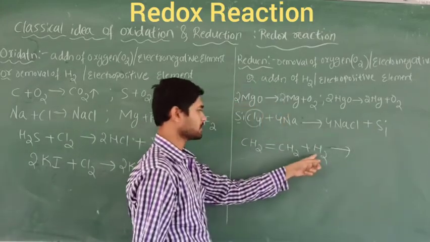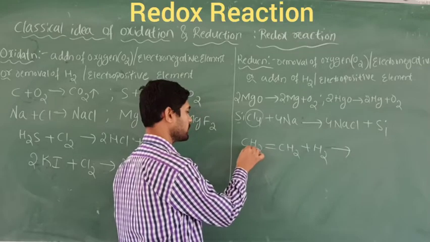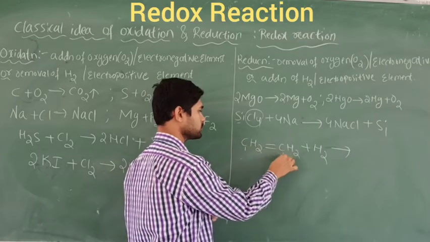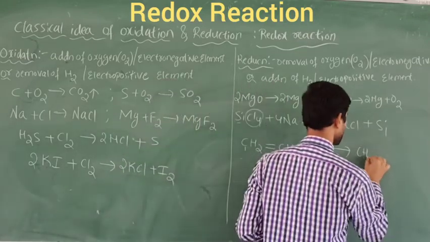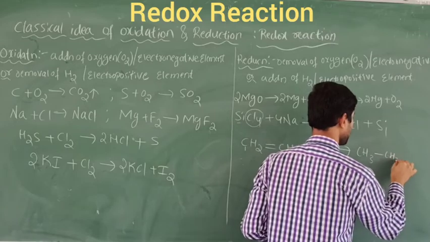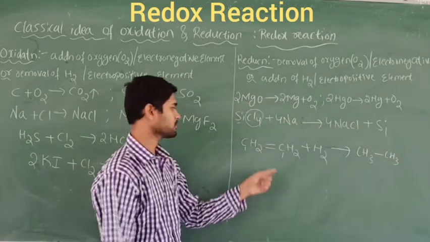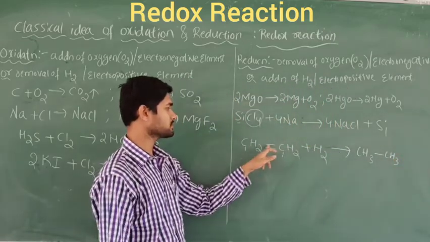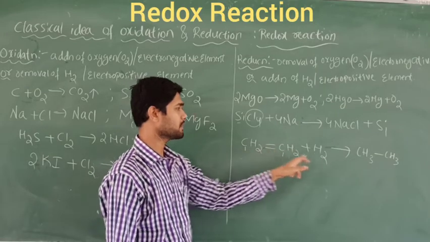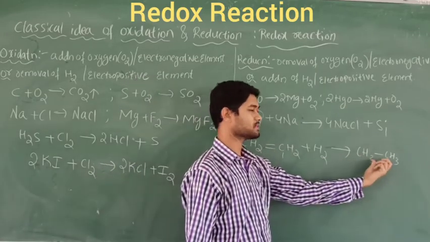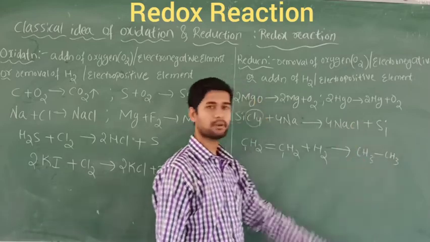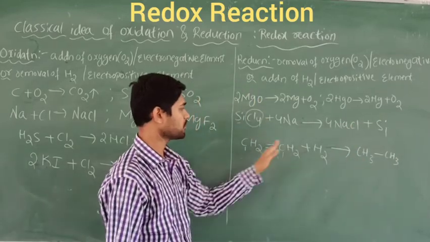Two hydrogen atoms are going to occupy this position and this position, and that becomes an alkane compound. It is called an alkane compound because when you add the hydrogen molecule, this double bond breaks up, leaving a single bond, and two hydrogens are attached to the two carbon atoms. So this is called addition of hydrogen.